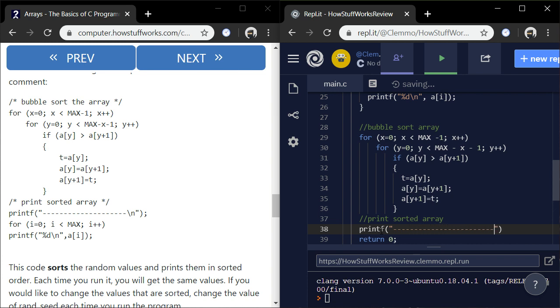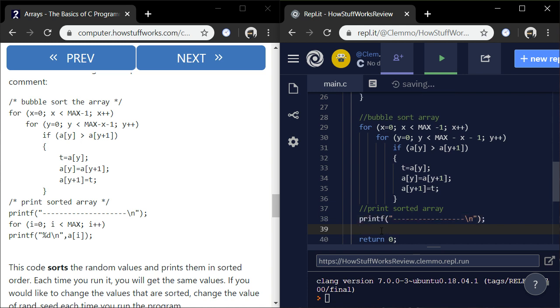I don't know if it matters how many hyphens. Do you think it matters? I don't think it matters. And then there's another loop using i again, and i is less than max, and i is incremented.